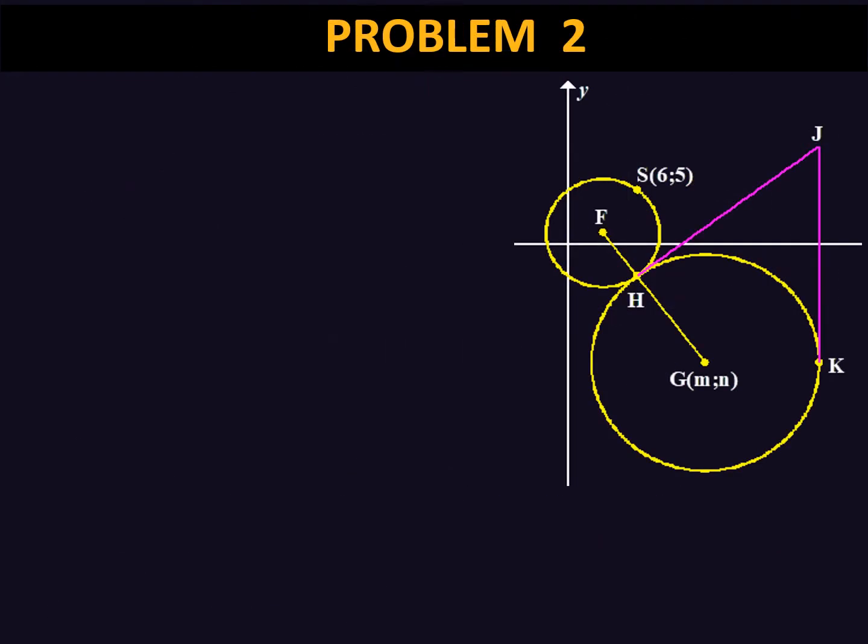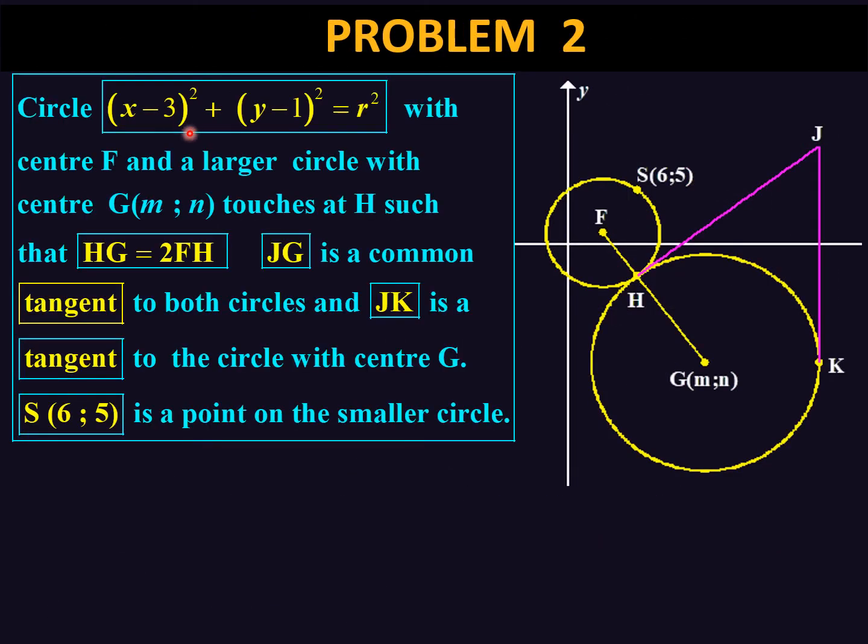Now let's look at another problem. There we have a diagram. So we have a circle there. So there's the circle at negative 3 and 1 with center F. So this is the small circle. That's the equation of the smaller circle. And then we have another circle with center G. And it is said here that HG, let's follow that, HG is twice FH. And JH is a common tangent, so it's a tangent to both circles, and JK is another tangent there,